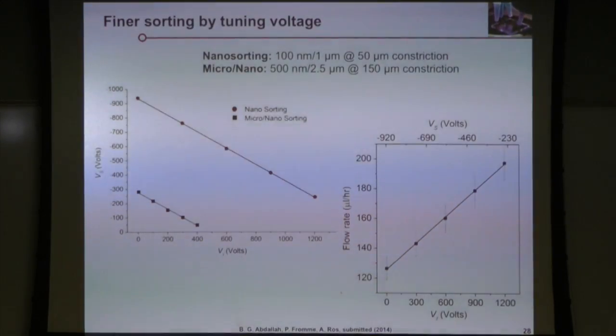And this goes even so far that we can come up with different designs. Let's say we want to separate 100 nanometers from 1 micrometer at a 50 micrometer constriction, or we want 500 nanometers from 2.5 micrometers at 150 micrometer constrictions. We can look exactly at the points where a good sorting efficiency is met for different inlet potentials, for example. And then we can also look at the flow rates that we observe from that. And here, this is actually where we want it to be. So with a high sorting efficiency,